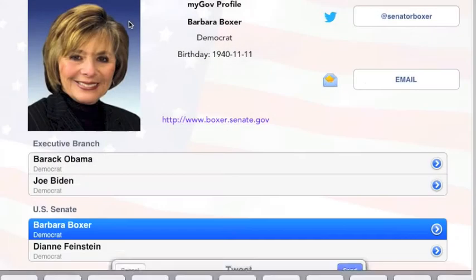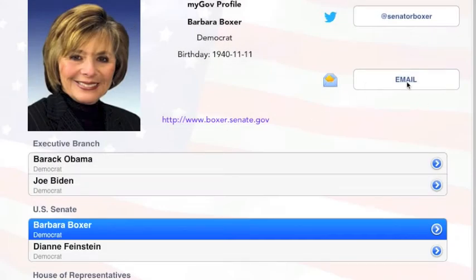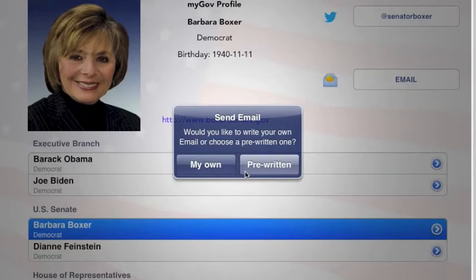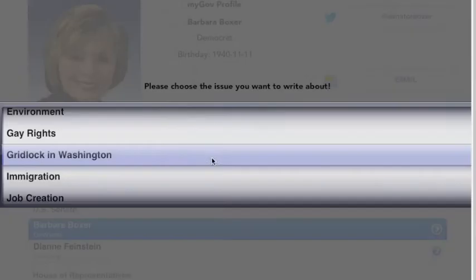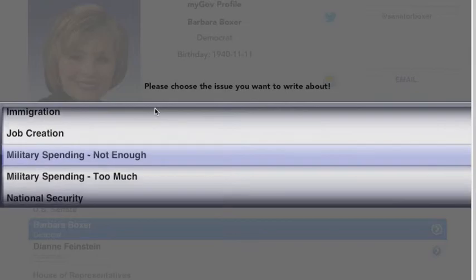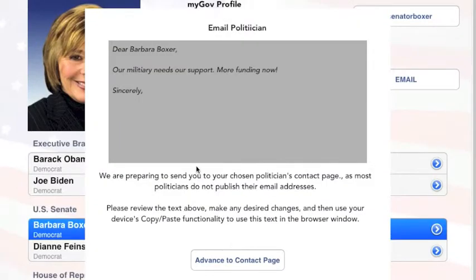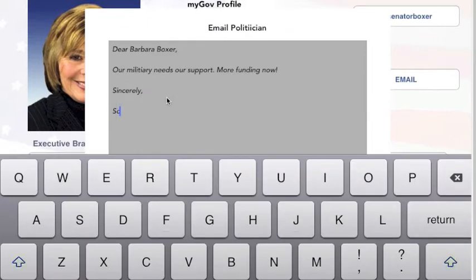Email functionality is a little bit different than I originally anticipated because most of the politicians do not publish their email addresses readily. They probably don't want to get called a spam. So instead of doing that, they all do publish, however, a contact page that you can reach them at. So what I'm instructing the user to do is take this text box here, copy and paste the information in the text box. You can modify it as you see fit.